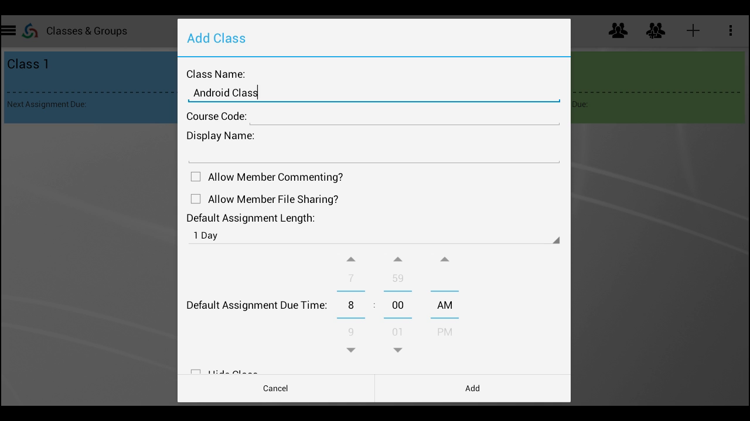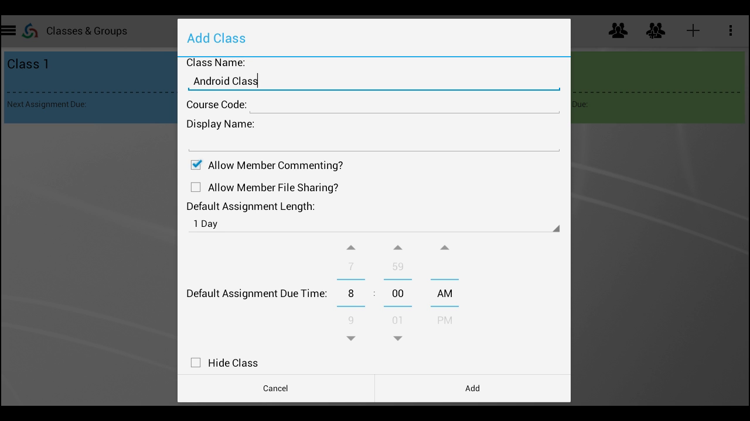Below member commenting and file sharing are options for assignment length and due time. These are simply default due dates and times for assignments created within the class. If you change these settings, you can still change the individual due date and time for assignments created within the class. You may also choose to hide the class if it is a class you will not need to access until a later date. Select the Add button,